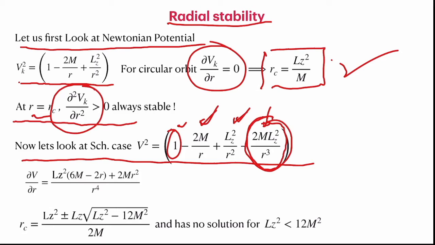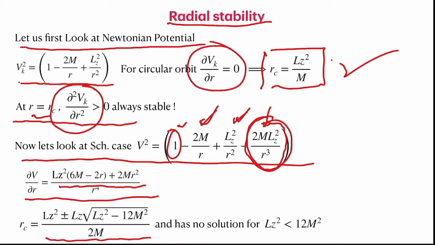However, we are not interested. Let us look at what happens to the exact potential by looking at what happens to the maxima, the optimum points of this potential. We can find dV by dr, which is a second order equation in M and Lz, which we can solve. It's not rocket science to solve this.